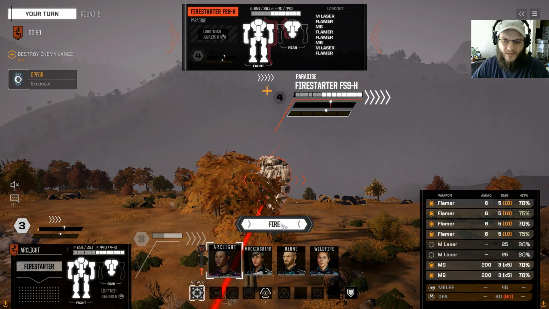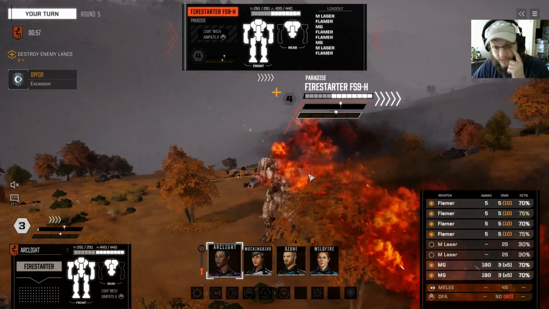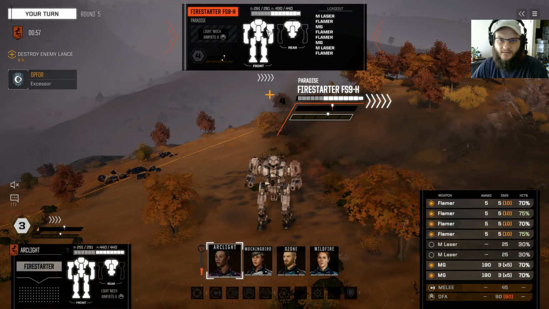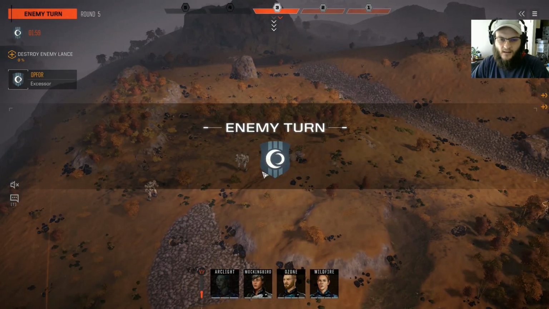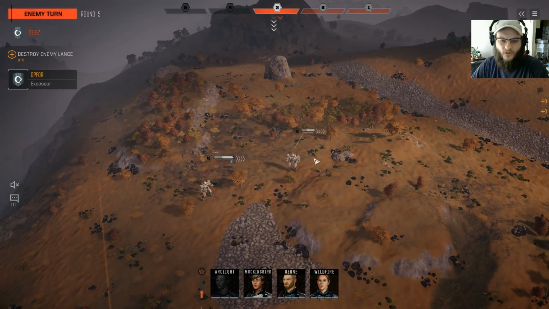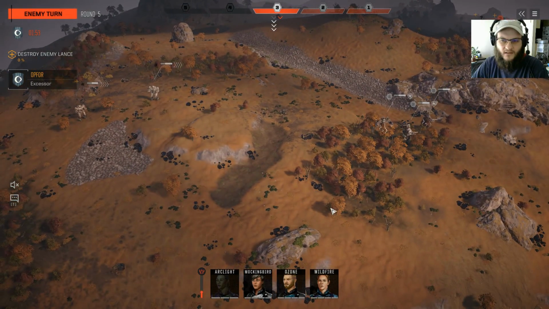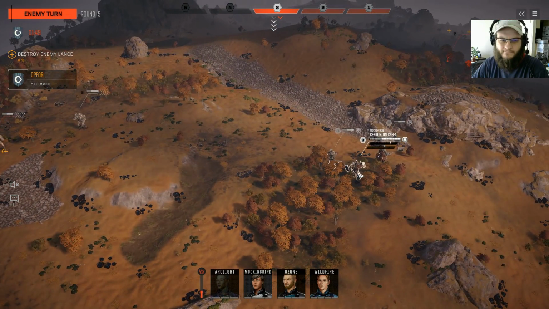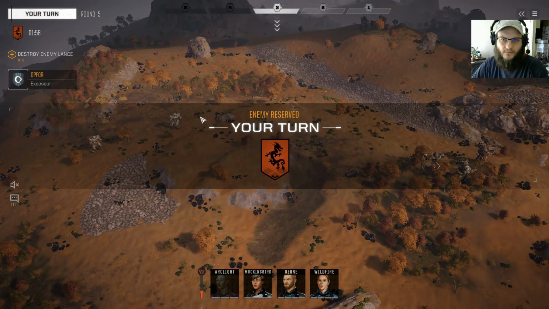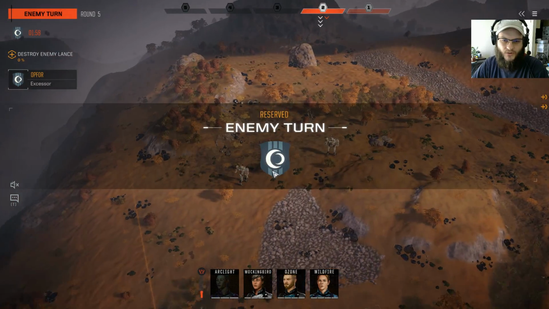So we're gonna go on this guy. Try and rip some arms and shit off here. Give him everything, boys. Give him everything. Alright, head hit, not so great. At least we get to heat him first. Do we go for a sensor lock and a fire here? Get him down to... Get him down to...